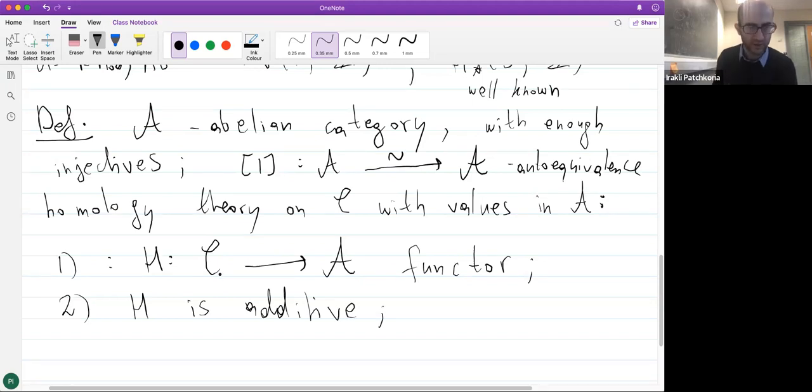That means that it sends finite sums to finite sums. Well, this is a category where homotopy theory sort of makes sense. So in particular, you have wedge products if you want to ask what a sum in C is. And the third one